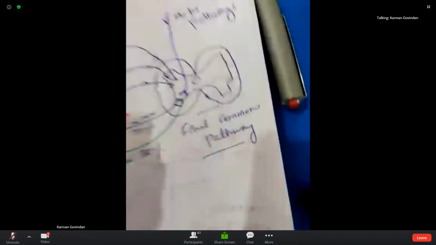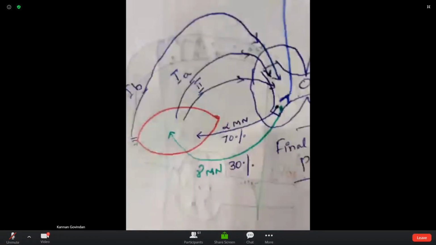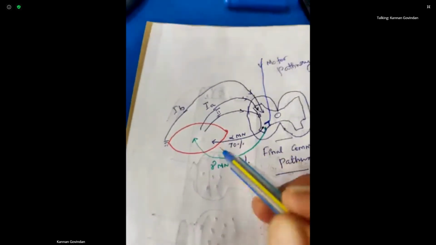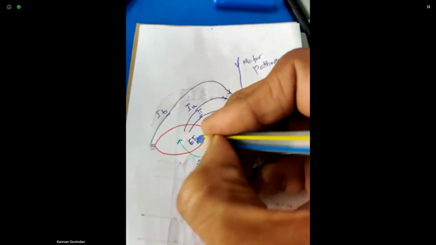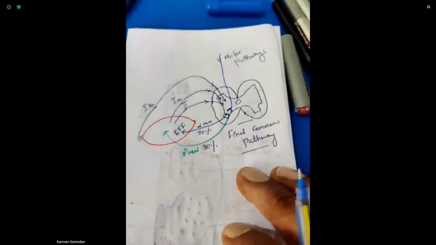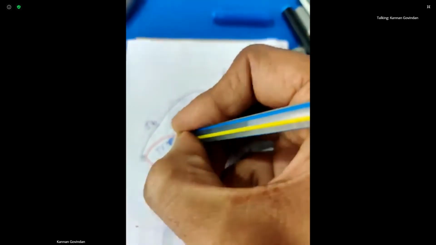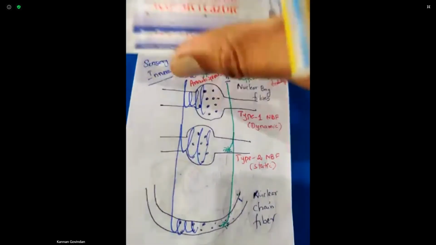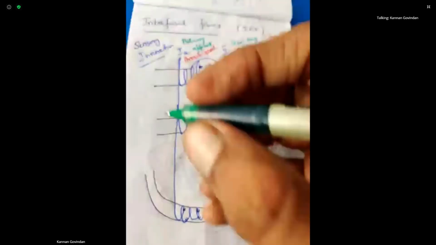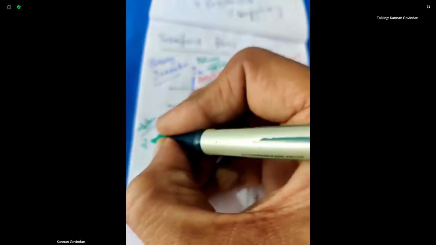Now coming to motor innervation. Here we already discussed, we have two types of motor innervation to skeletal muscle. One is the alpha motor neuron and another one is gamma motor neuron. This alpha motor neuron is the majority in number. They supply the contractile portion, that is, extrafusal fibers. The remaining 30% gamma motor neuron fibers supply the intrafusal fibers. So the major motor nerve to intrafusal fiber is gamma motor neuron.